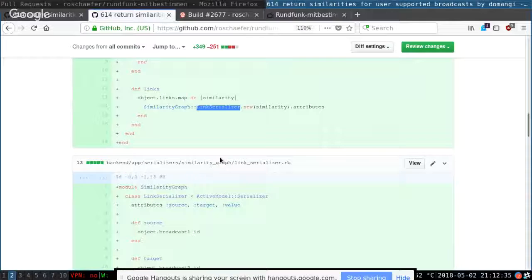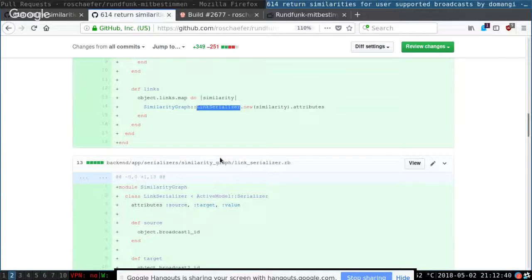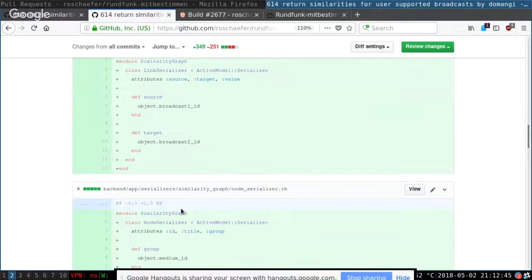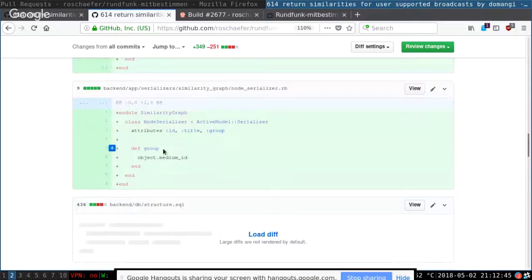I think it is. You can just render an arbitrary JSON object, like a hash. But I actually prefer your solution here. I like it.